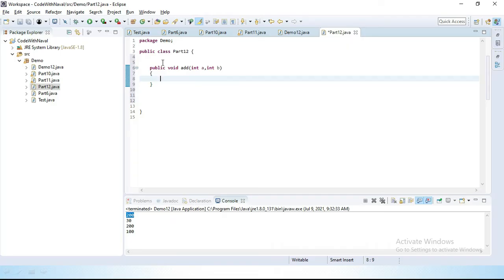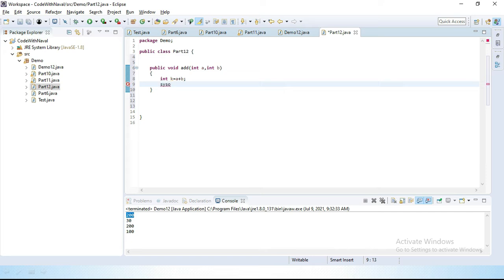Here I need to perform an addition operation. For that I simply define one new local variable, int k equal to a plus b. And now I want to print this addition result.